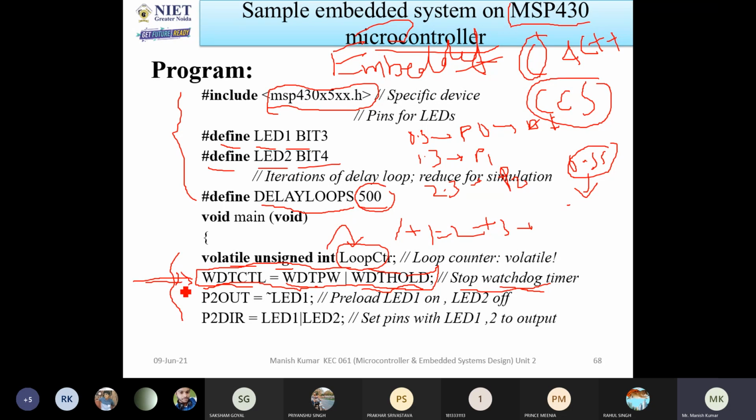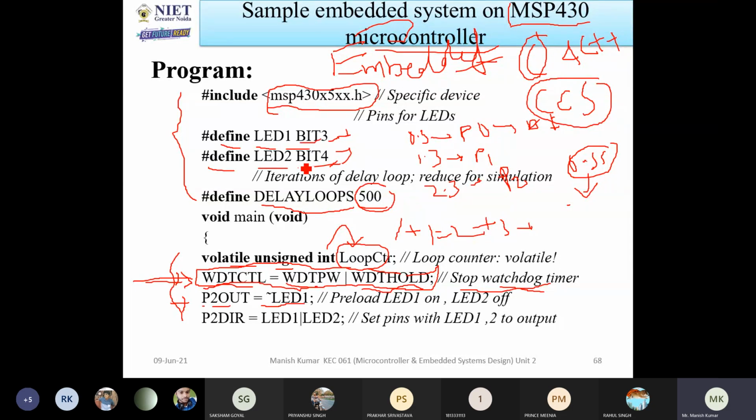Now we have connected the LEDs to bit 3 and bit 4. With the help of P2OUT, I have interfaced the LEDs with P2.3 and P2.4.